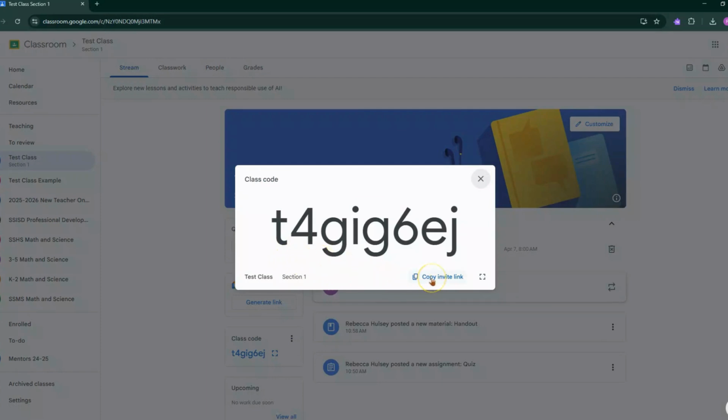You can also copy this invite link and you can email this out to your students as well. But this is probably the most effective way: to project it that first time they're using it in your classroom. Get them all logged in, show them how their Google Classroom works, and then they are in there for the